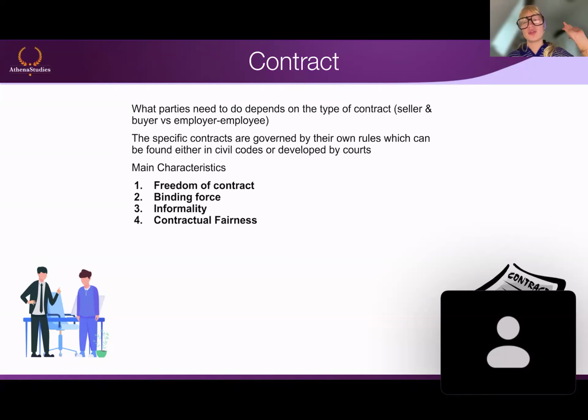And lastly, we have the contractual fairness, which from my point of view is the least precise principle of all. Well, not just from my point of view, other scholars also agree, because, well, can you think of any reasons? I'm going to give you a hint that it has to do with the word fairness. Do you see any subjectivity, any problem with that word?